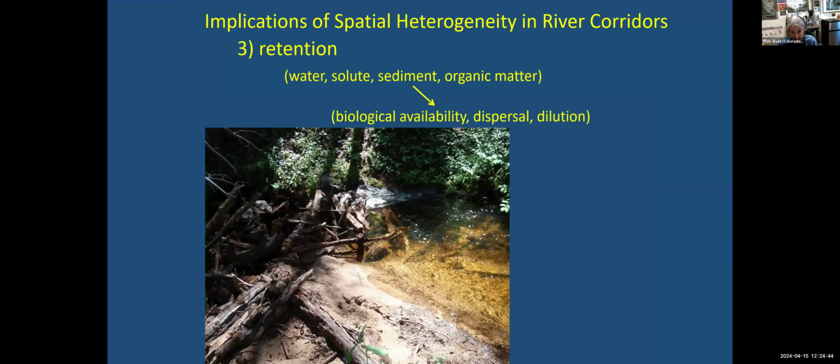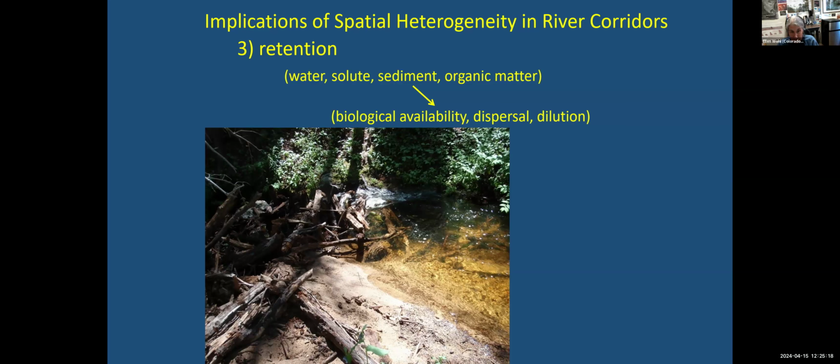Another implication, just retaining things that are moving downstream. We create irrigation canals and concrete lined rivers in urban areas because we want to limit flooding or we want to get material downstream very efficiently. Sometimes it was sewage and waste in the past. Straight, simple, homogeneous uniform maximizes conveyance. So the patchier the channel and or the river corridor are, the less efficiently things move downstream, and that can be very good. So this is a very small channel with a log jam.